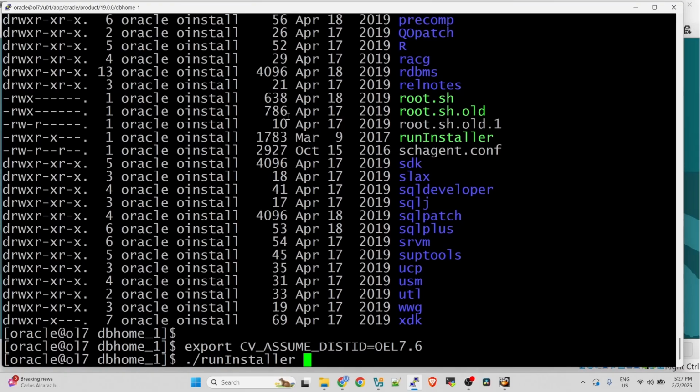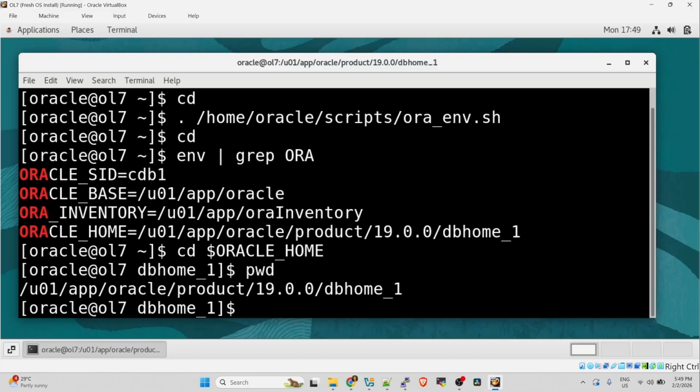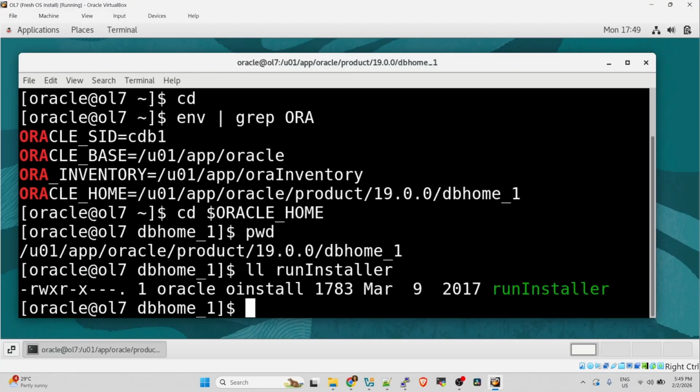In this case, I'm using an Oracle Linux 7 operating system, so it's okay to just go ahead and execute the runInstaller. You can go to your Oracle home and execute it in Oracle Linux 7.